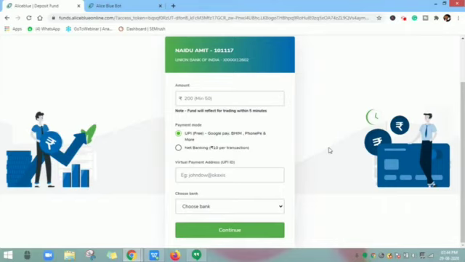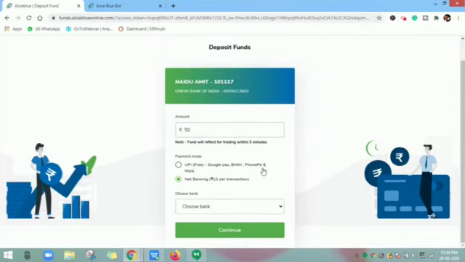Next, let's cover how to add funds via net banking. Again, enter the amount. Select the payment mode as net banking. The charges to transfer via this is ₹10 plus GST. So that is a total of 11 rupees and 80 paisa. Next, choose your bank and click on the continue. You will be redirected to the specific bank net banking page. Log in and add funds. With this now, we have learned how to add funds by both UPI and net banking.